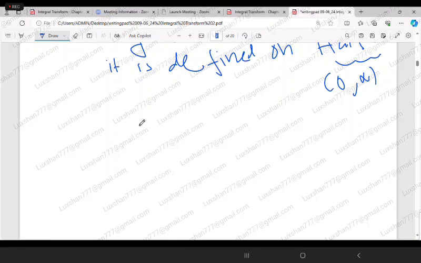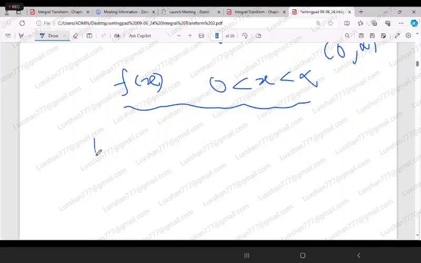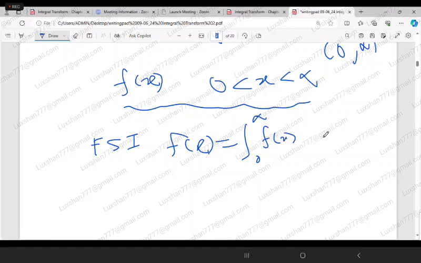When the domain is 0 to infinity, f(x) is a function with x between 0 and infinity, then the Fourier sine integral we define as f(x) equal to the integral from 0 to infinity of b omega sine omega x d omega, the same way we got for the odd function, where